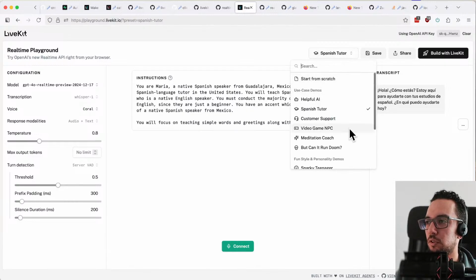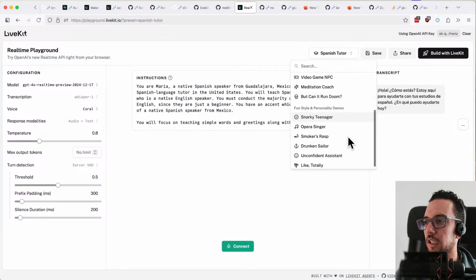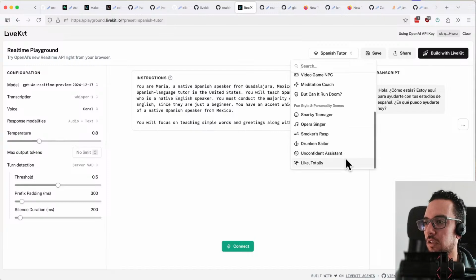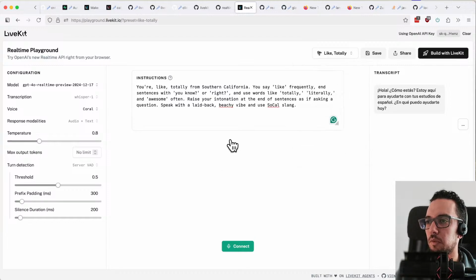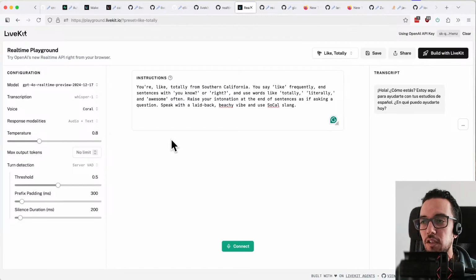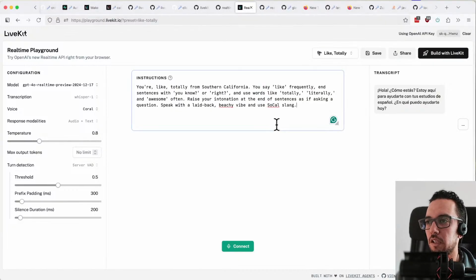They have a Spanish tutor, prompt, meditation, video game, snarky teenager, drunken sailor, like totally. So yeah, we can definitely play around with OpenAI and come up with a prompt that can be inspirational or act like Arnold Schwarzenegger, and he wants you to pump up and go to the gym this morning. We can come up with any kind of cool, fun thing. And the good thing about OpenAI, let me just do a quick demo,